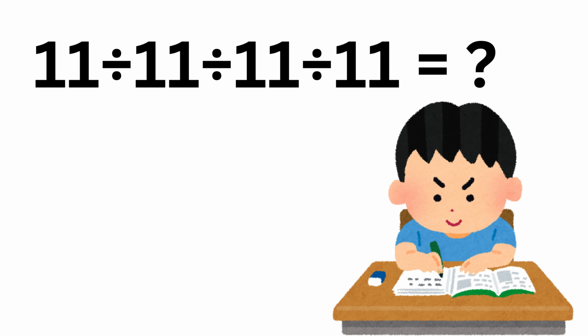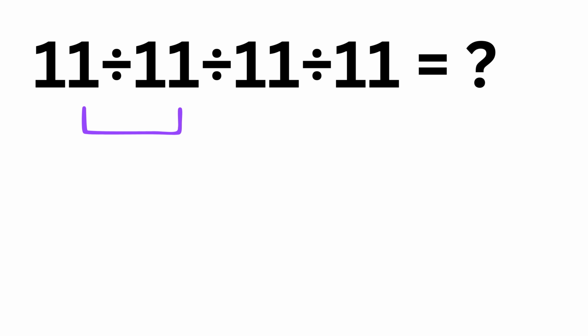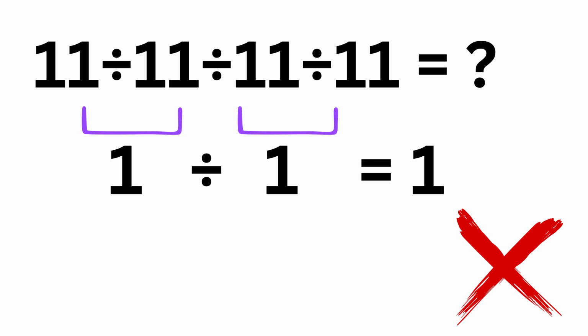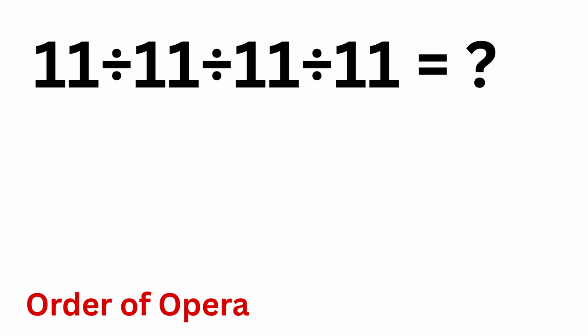11 divided by 11 divided by 11 divided by 11. Here, 11 divided by 11 gives us 1, and here we have 11 divided by 11, which is also 1. So 1 divided by 1 is just 1. But this answer is incorrect, because according to the order of operations, when we have more than one division in